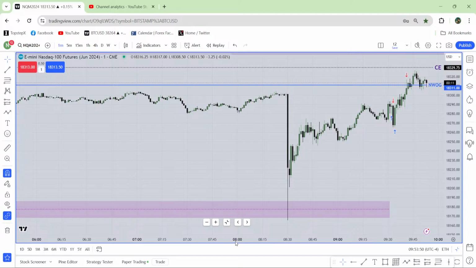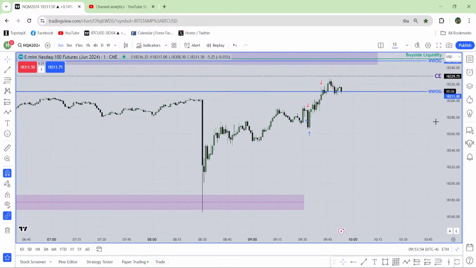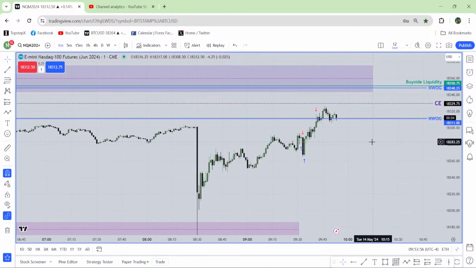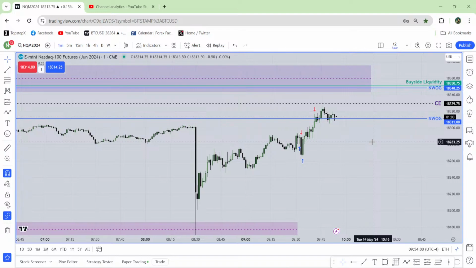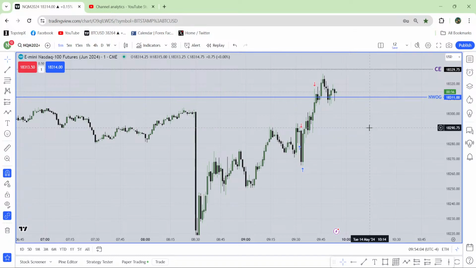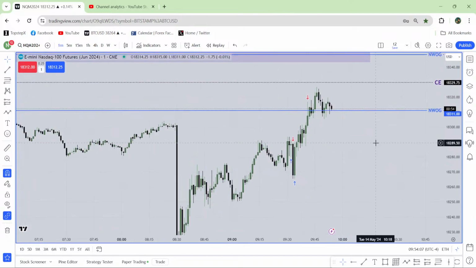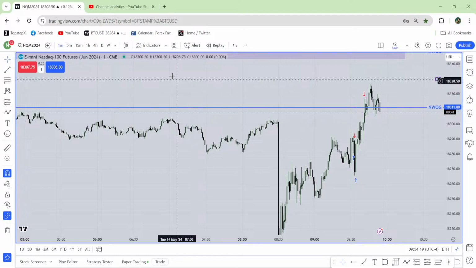What do you think about trading London? I'm not a London guy, and most of the time I get liquidated. Most of the time I end up being the liquidity in the London session, so I don't trade in the London session. Very rare I trade in London session. If I see something more obvious, something like a perfect setup, then I go for that. Otherwise, I actually don't trade the London session.